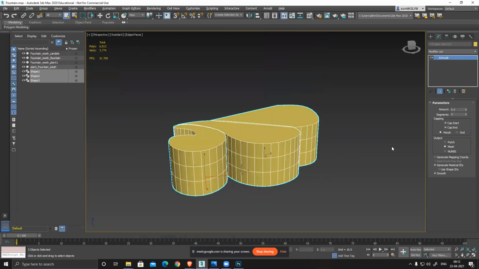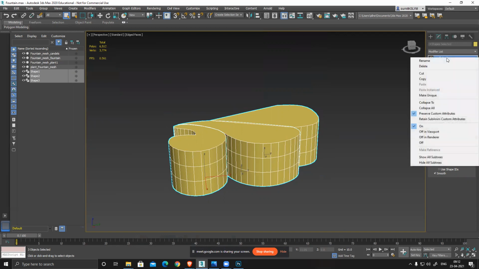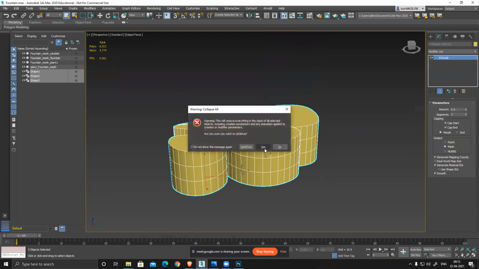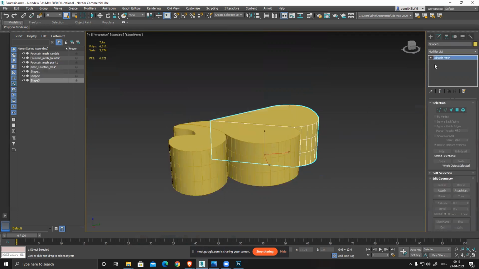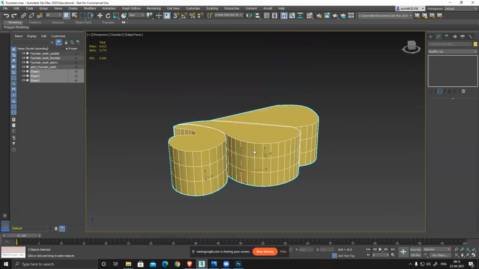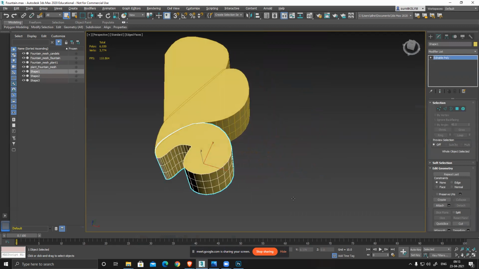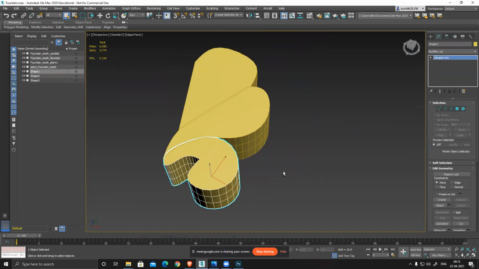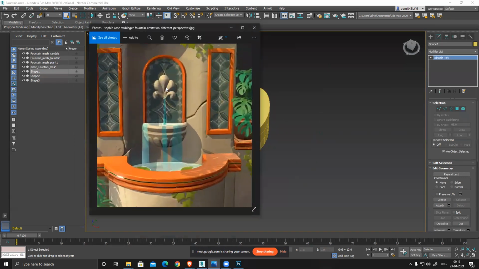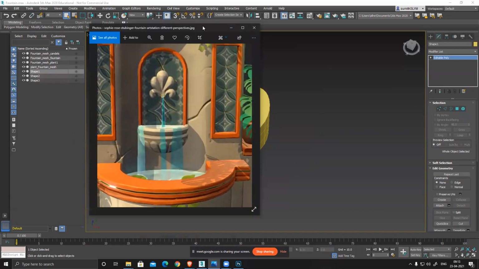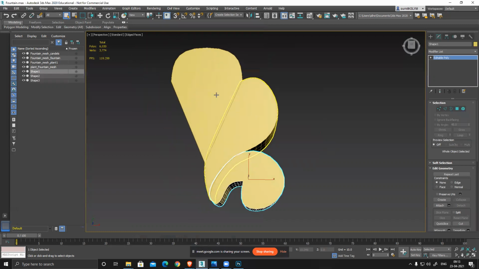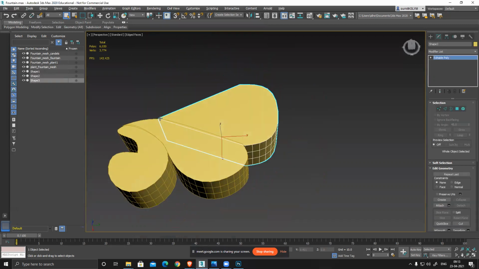And it's a mesh. Generate mapping coordinates that I can generate, and right click, collapse all. Yes. And all of them, right click, convert to editable poly. Now all are polygons. So I need to create that shape. It's basically a little rounded, as we can see, round and soft. So I'll create that shape one by one.